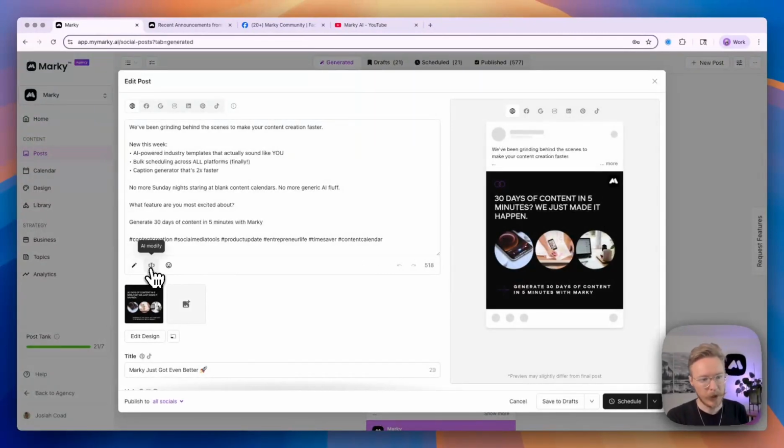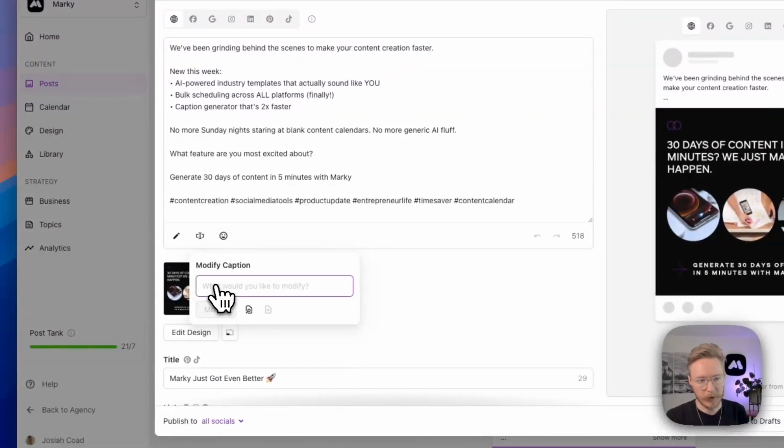So you can AI modify a caption like this by typing in what you want to modify here. But there's an additional option where if you have something you commonly want to do, say you want posts to sound a certain way, or if a post doesn't have specific examples of tips, maybe you want to add tips to a post, whatever you commonly, recurringly want to do with a post, you can add